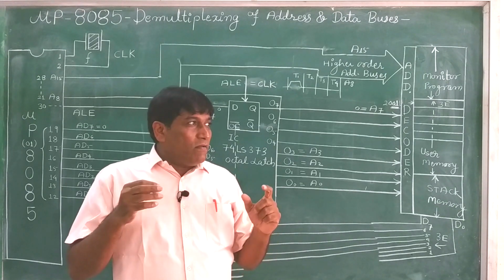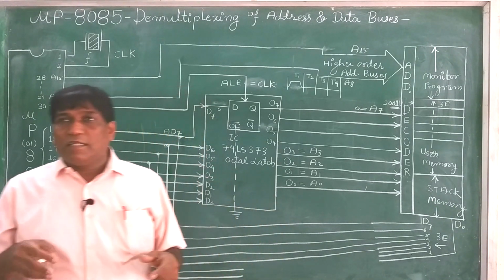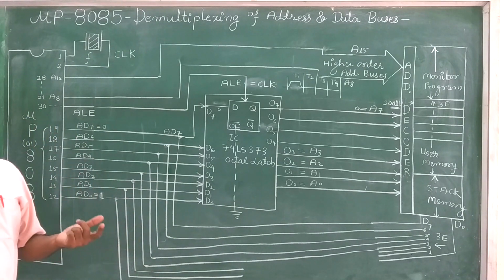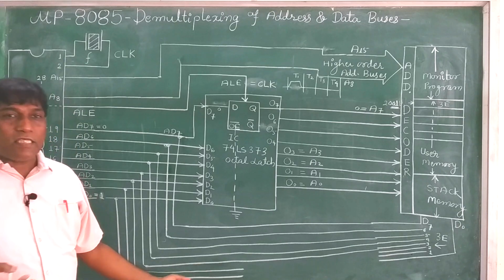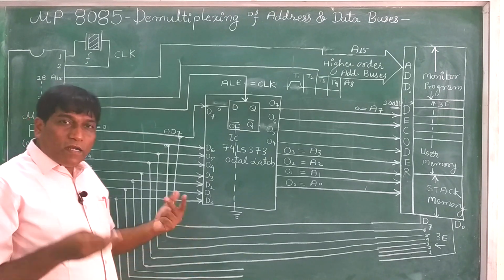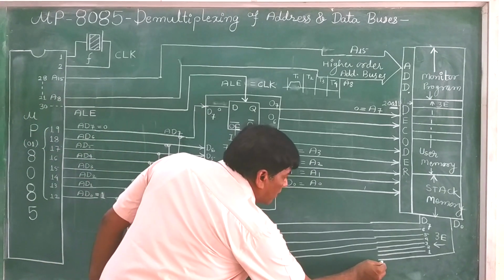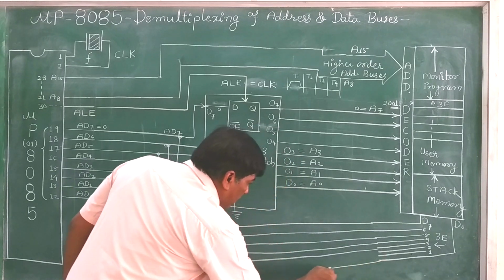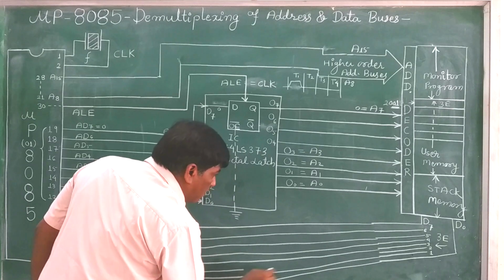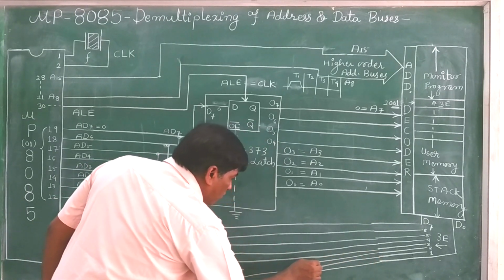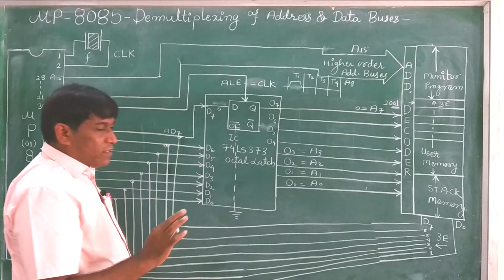So at the last, if some doubts are there, we can clarify, no problem. But if some portion is not visible, say these lines, you have already understood this, I am just drawing it. Say in this way we can complete the total diagram of connection of each wire of data bus